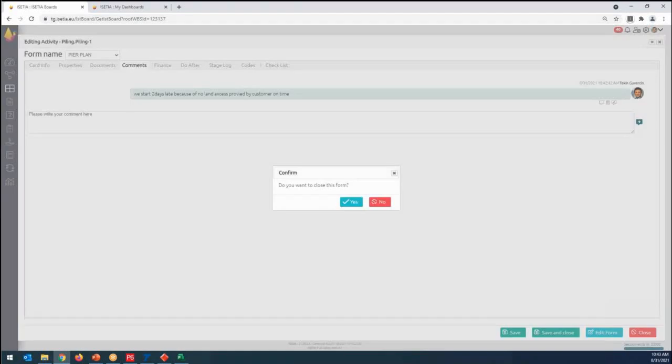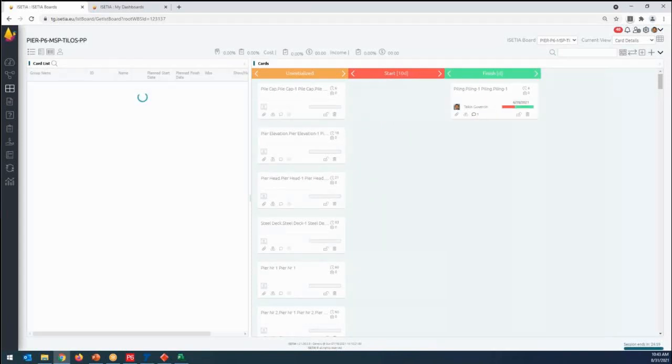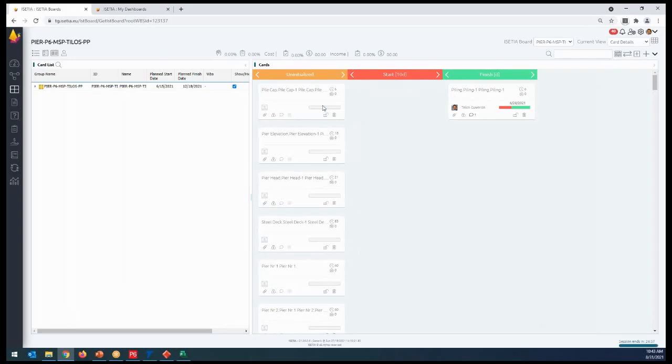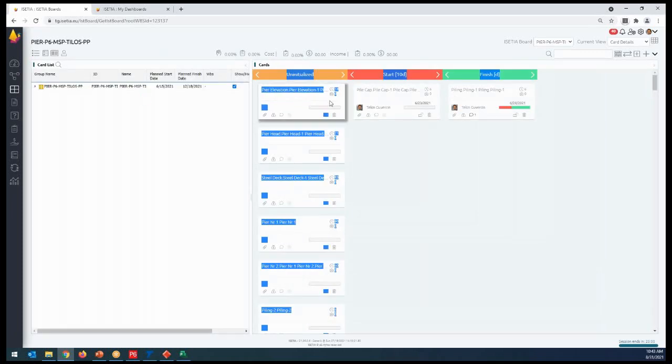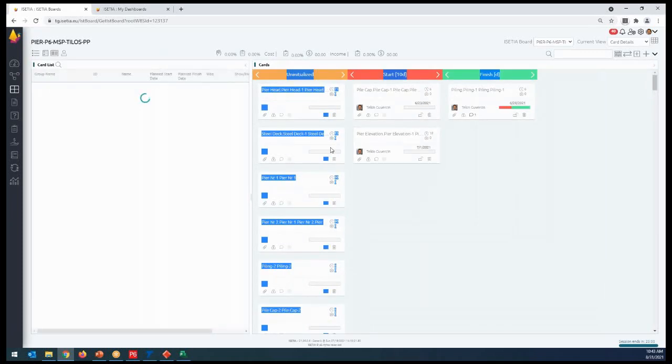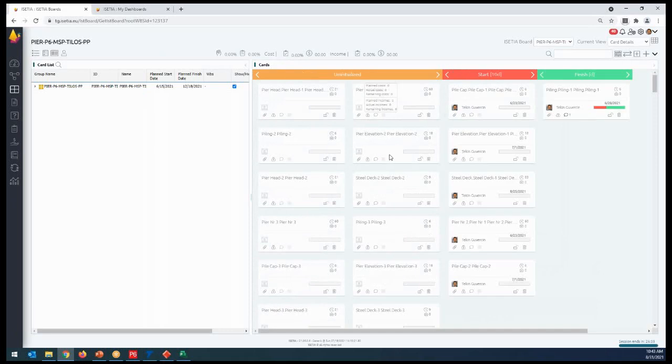So I can, as a check-in, write these comments for the pier plan, right? And then when I finish my work, I can move that the task is complete. So you can move this task or multiple tasks. Second activities, third activities, fourth activities, and fifth activities. You can see here, I have possibilities for all the tasks here for the progress.